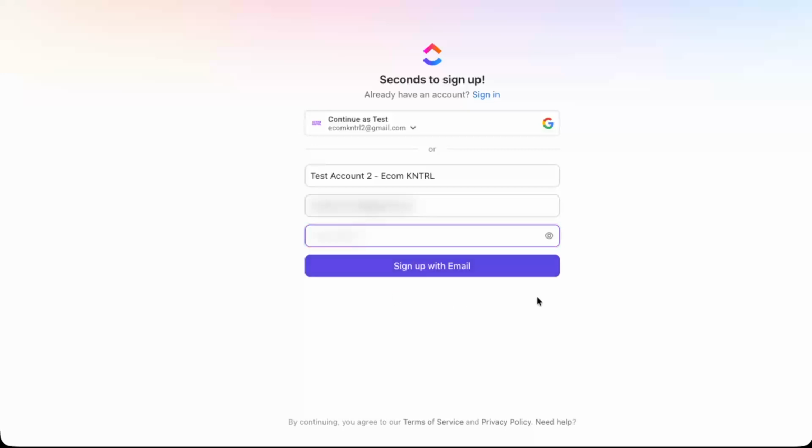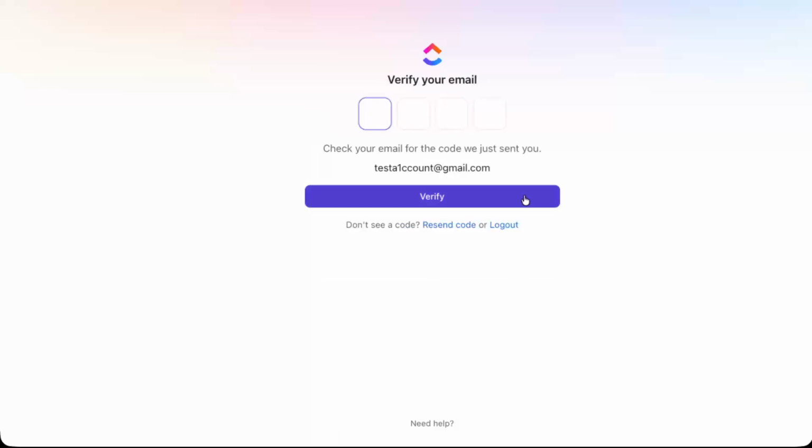You can click the button that says Sign Up with Email to proceed using the information you just entered. Alternatively, if you prefer using your existing Google account and want to skip typing in details, you can click Continue with Google instead and follow the prompts to connect your Google profile. After that, your ClickUp free account will be created,